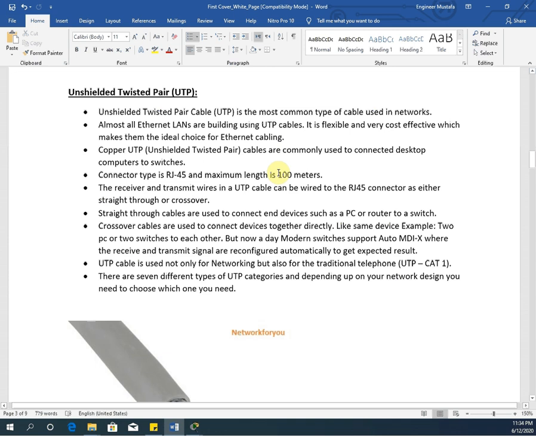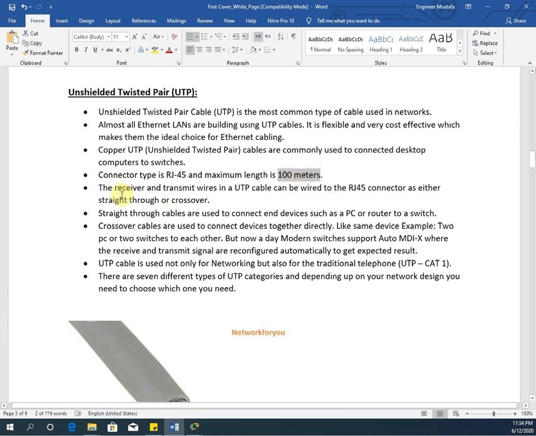And there is a limitation for this Ethernet cable, for UTP. We can take a maximum of 100 meters. Sometimes it works for more than 100 meters also, but if you go beyond the limit, maybe the speed will go down and some packets will drop. So it is recommended that if you are going more than 100 meters, try to use optical fiber cable, not this one. So for Ethernet cable, you can remember the length will be not more than 100 meters.